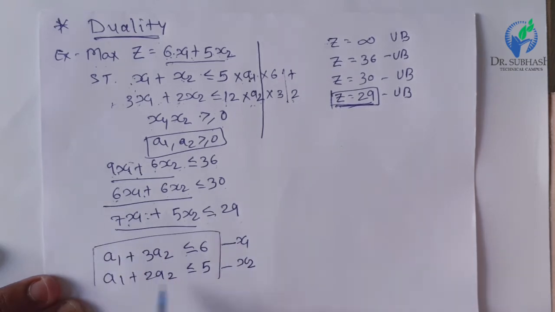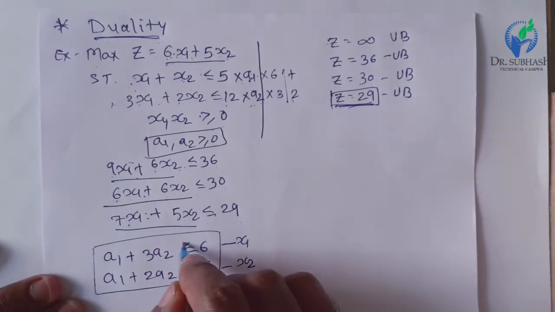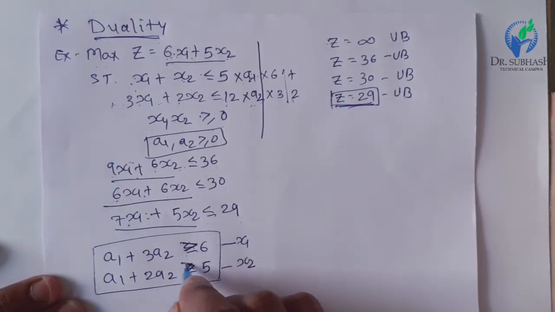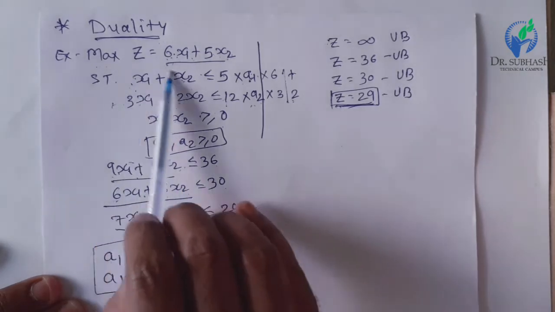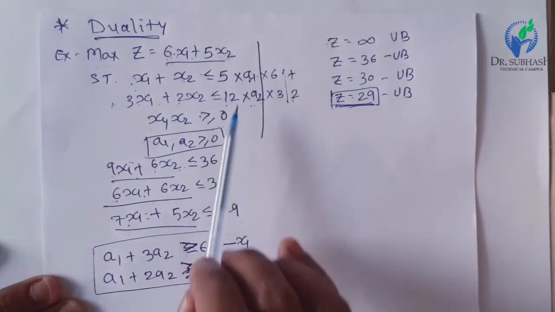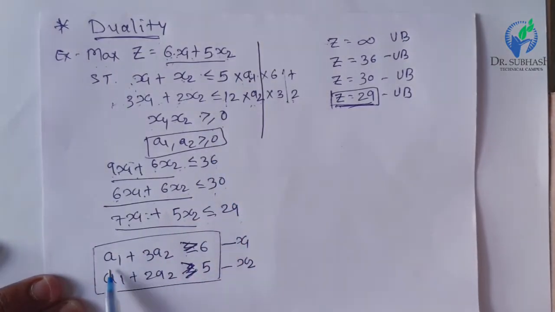So this is the condition where we get another value, this must be of greater than or equal to type, because as per this given condition the value of this must be greater than this. In this case only we can apply this as an upper bound. So here we get another constraint in the form of a1 plus 3a2 greater than or equal to 6 and a1 plus 2a2 greater than or equal to 5.